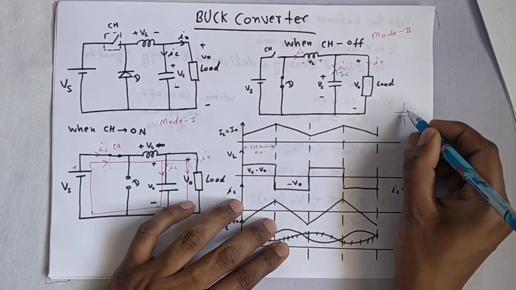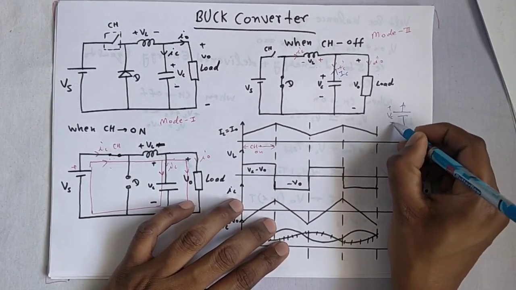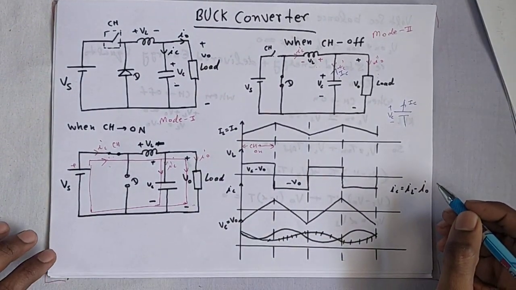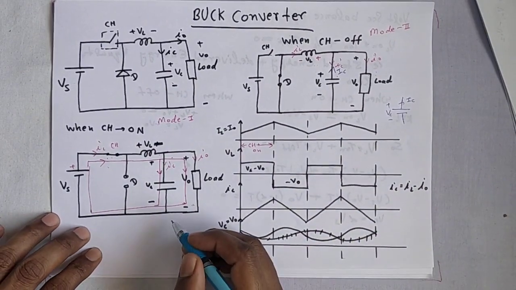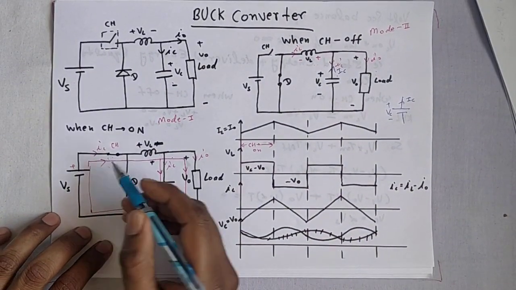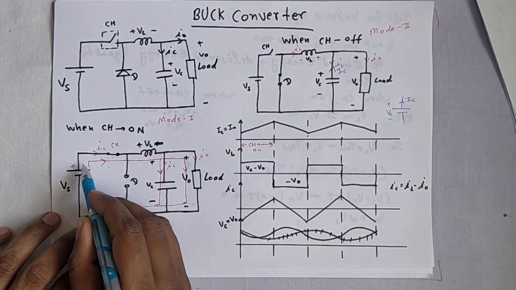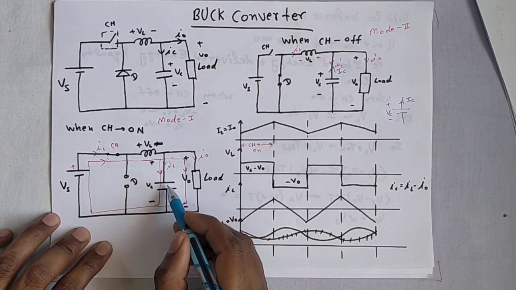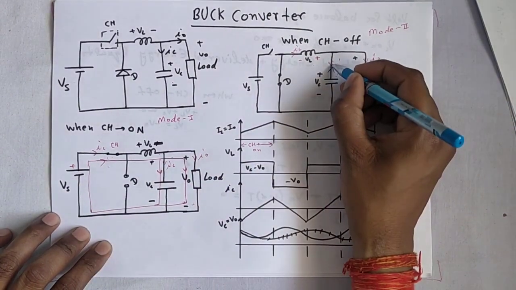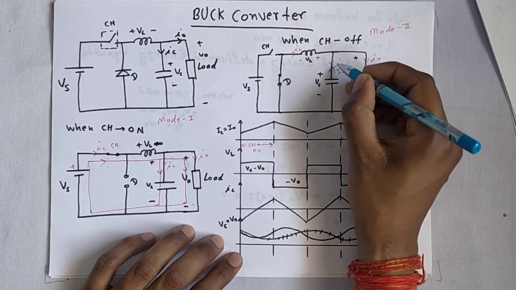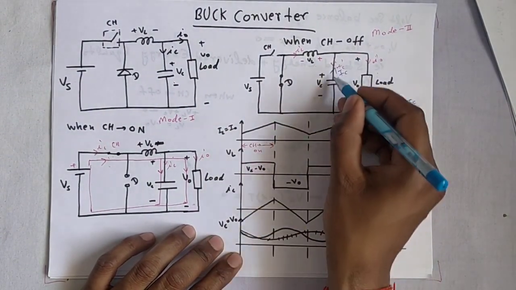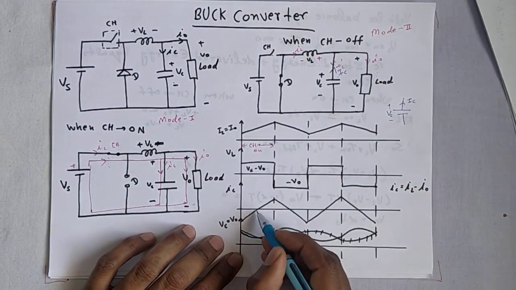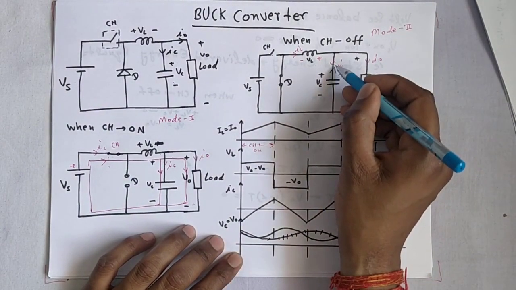Assume that for the capacitor, the voltage across the capacitor has this polarity, and the current through the capacitor is like this. So when CH is on, current through CH and inductor, or Vs, will flow through the capacitor like this. Polarity is this IC. So this IC compared to this IC is negative. So it starts with a negative, and this IC will compensate to 0, and again IC will rise like